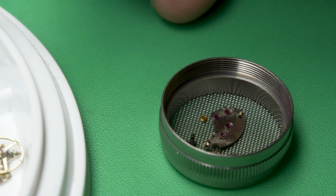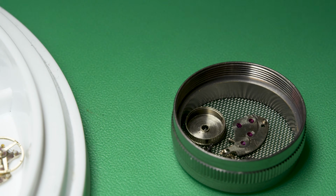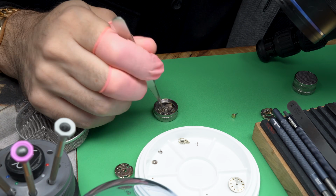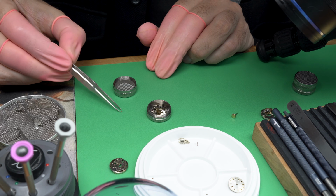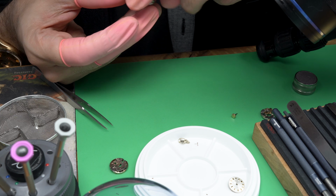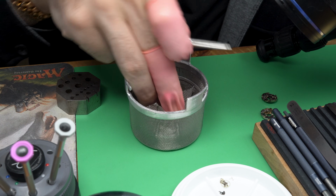And yeah, here's the rusted parts going in. Again, they've been mostly de-rusted, so it's not like total disaster, but they still need to go through the watch cleaning machine for the normal cleaning process as well, because the de-rusting does not replace that. All right, so now we've got both of the movements separate,